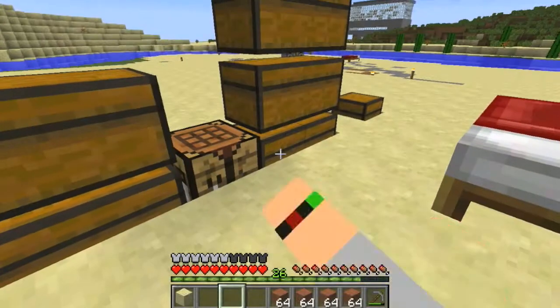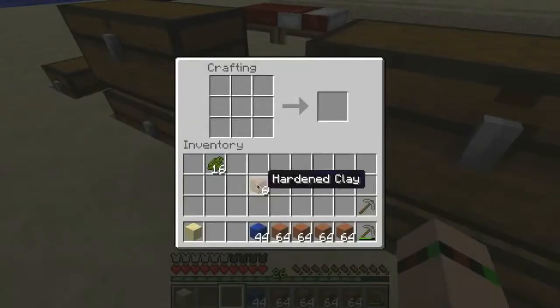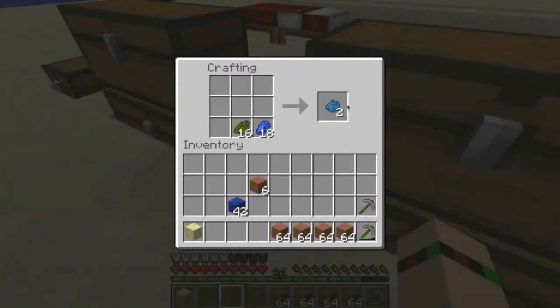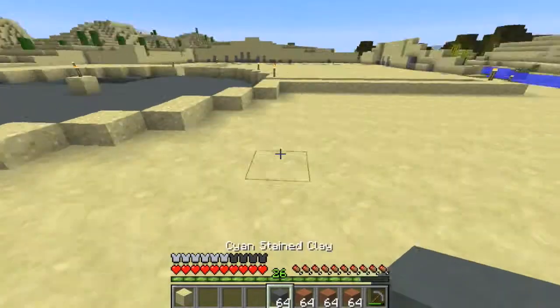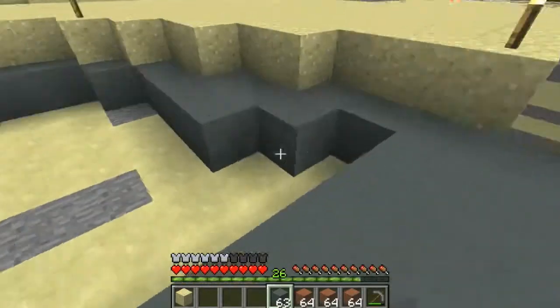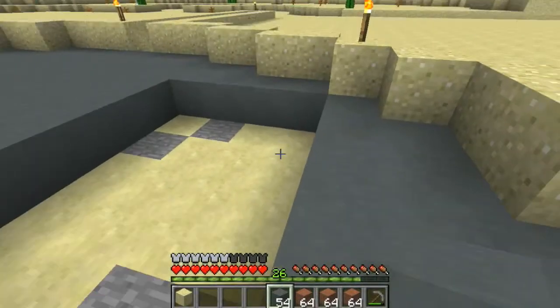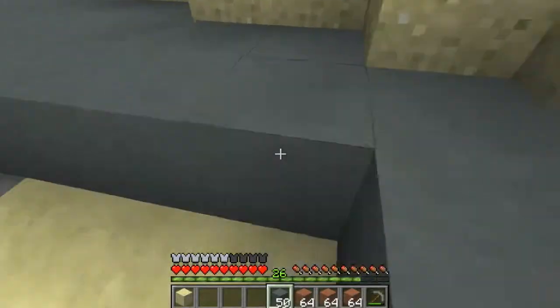I had some lapis in a chest. This is going to take a lot of cyan stuff, because like I said, I made this in a creative world previously, and it takes a lot, because as you can see, this whole bottom here is full of clay. It's going to take, I think, 1,000, maybe more,